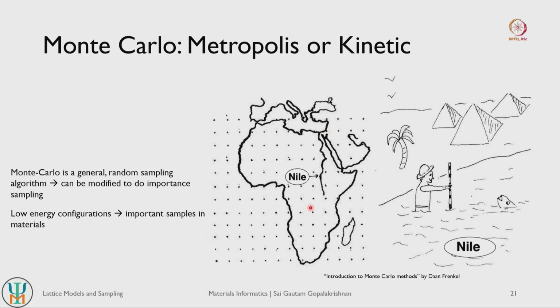But in importance sampling you would first identify the river Nile, and then take measurements across the river Nile only, right. So identify the river, go along the river, calculate the depth at every point, and then take the average. In simple terms, you can see that this is more efficient than sampling the entire continent of Africa. So this is an example of importance sampling: you identify the region of interest, which is the river Nile here, you go to that region, and you sample it well enough. In materials science we typically use importance sampling because again it is computationally more efficient than simple sampling techniques.